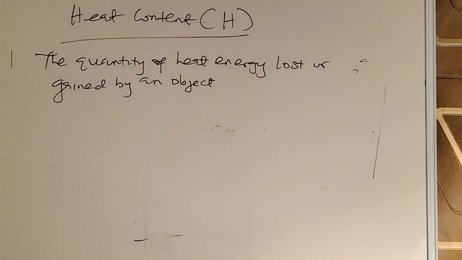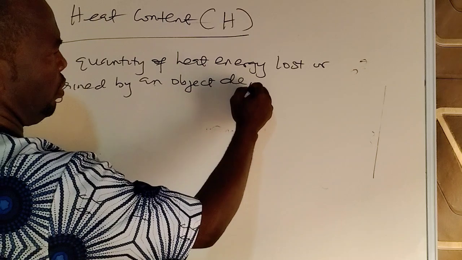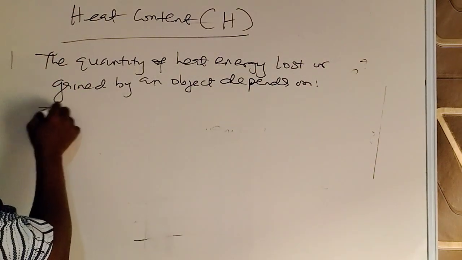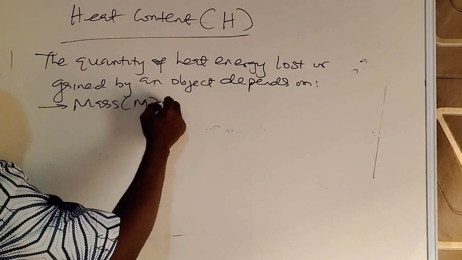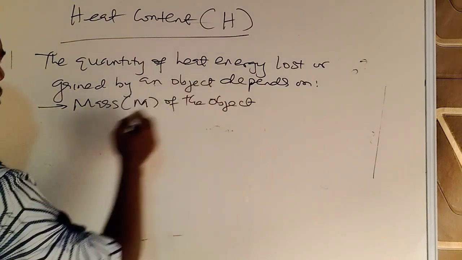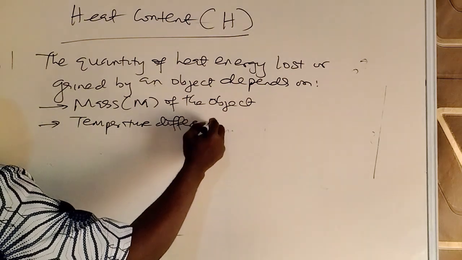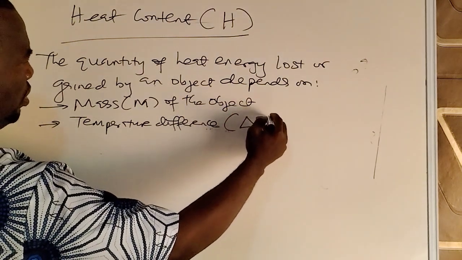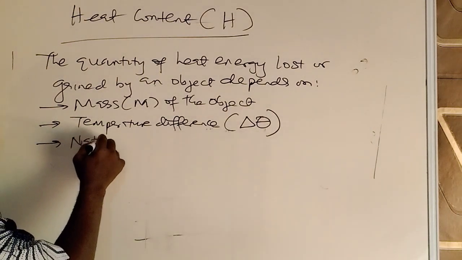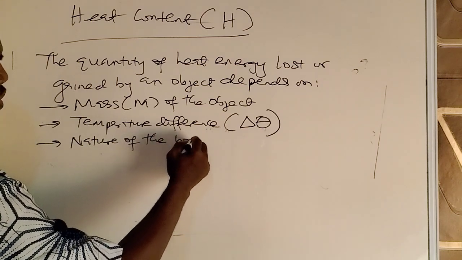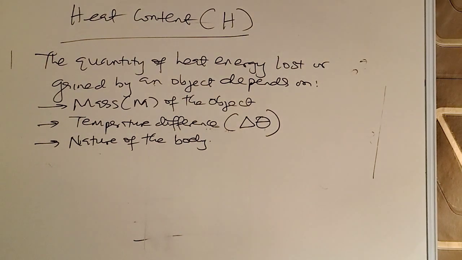So the quantity of heat inherent in an object depends on three factors. One, the mass of the object. Two, the temperature difference, which we can represent using delta, change, T. And three, the nature of the body. So the quantity of heat which an object can lose or gain depends on the mass of the object, the difference between the initial temperature and the final temperature, and the nature of the object. So based on what we have itemized on the whiteboard, we can write H